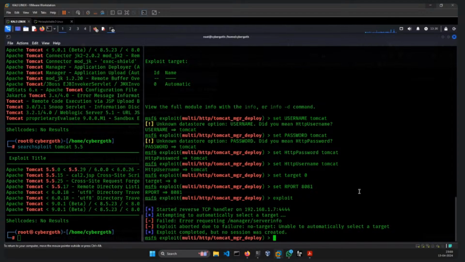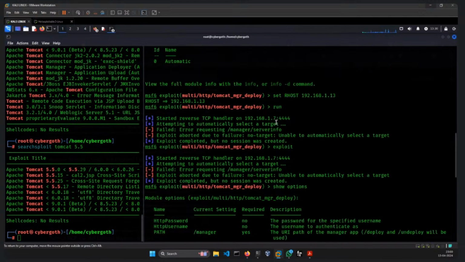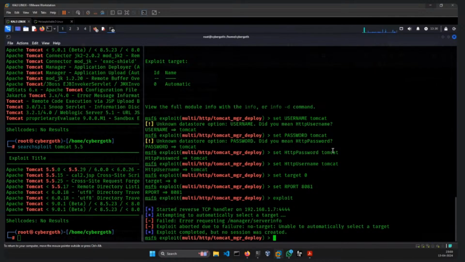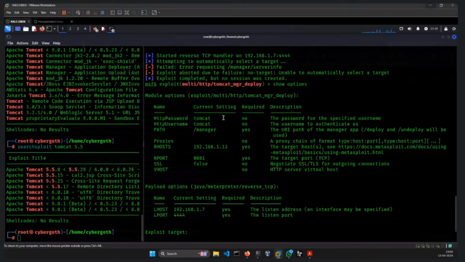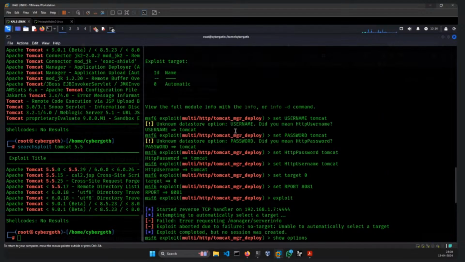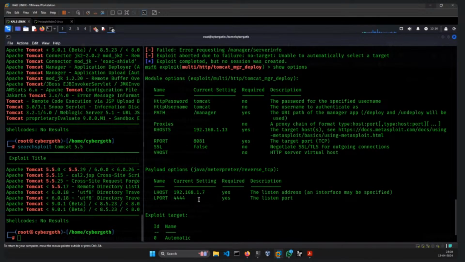Okay, yeah, username and password is not required, but like we have tried. Just show options again and see. It's not required, but still we are providing it. Okay, so we have set the RHOST, right? We have set the LHOST, and the LHOST and LPORT will be the same only. Set username, HTTP username is Tomcat, HTTP password is Tomcat, right? And we have set the target to 0. Set RPORT is this. So